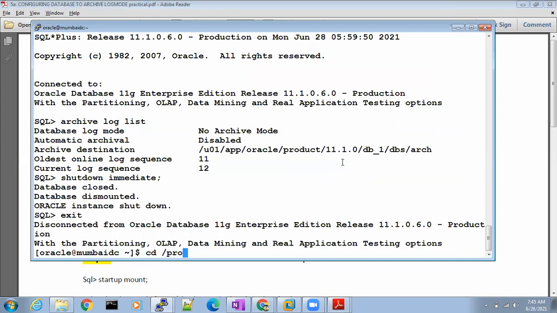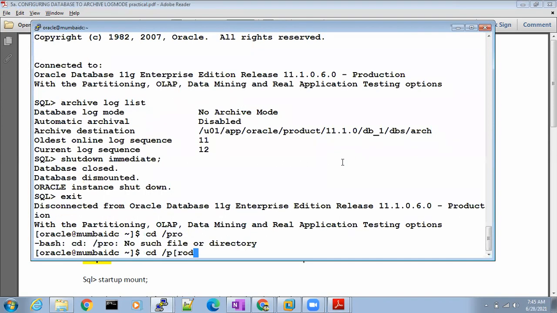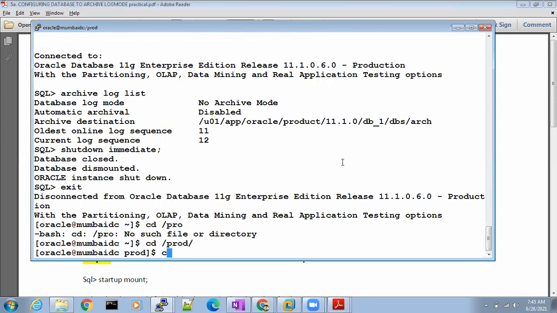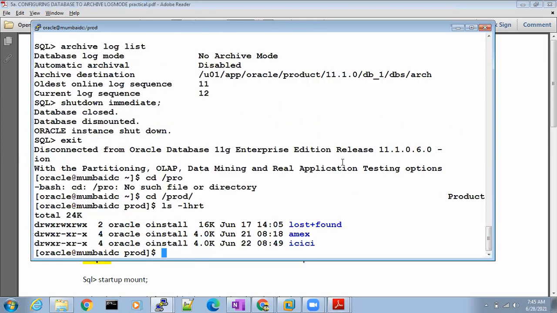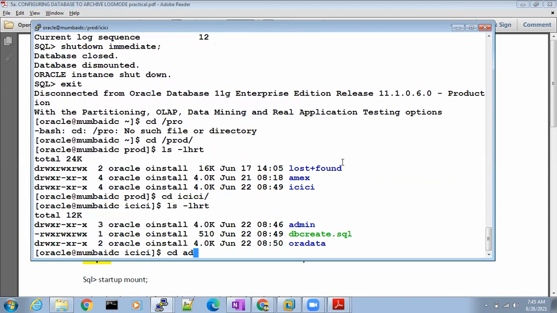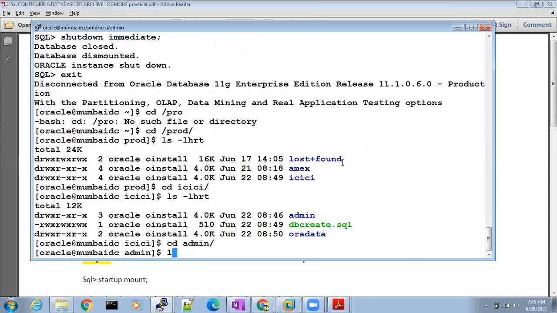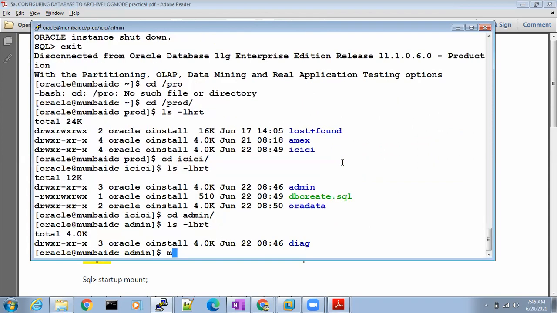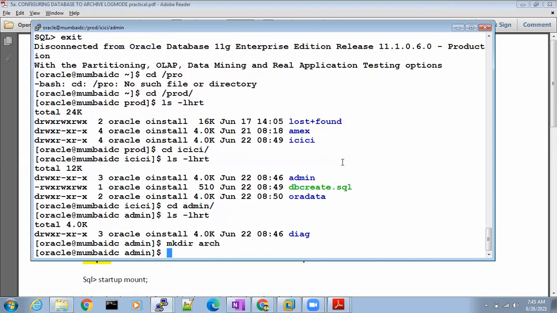I'll go to cd /prod, then ICICI, and inside ICICI, admin. Inside admin, I'll create the folder with mkdir arc. I have created one directory called arc.